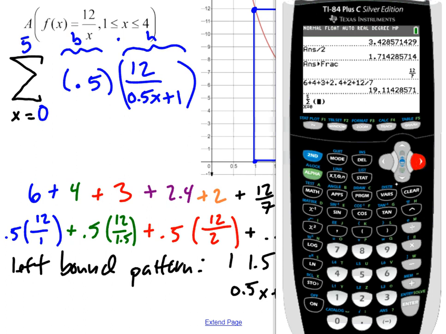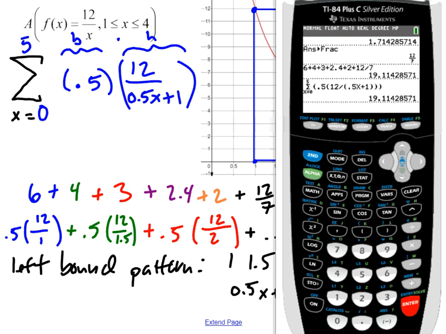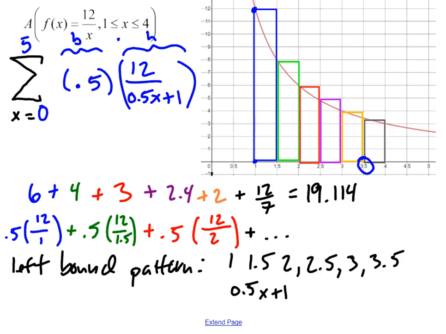Top input will be 5. A lot of parentheses for this. So I'm going to go 0.5. You could put that in parentheses, but I'm going to start another parenthesis. I'm going to go 12 divided by. Now, anytime we have some sort of linear multiple term thing in a rational here, put an extra set of parentheses. 0.5x plus 1. Close that parenthesis, and we'll get here 19.114 that we got before,